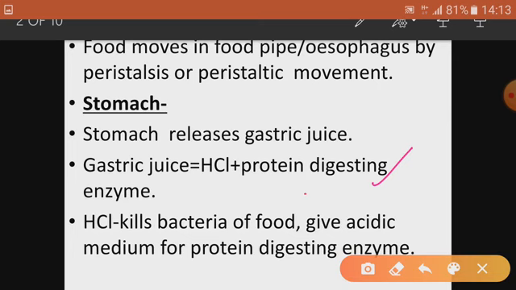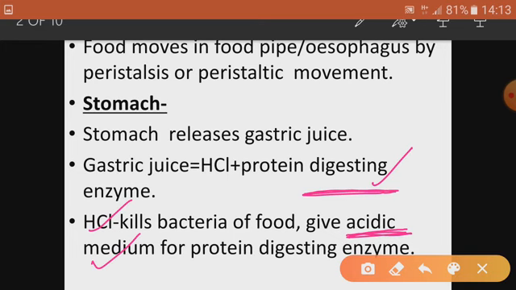Protein digesting enzymes can act only when they get an acidic medium, and this acidic environment will be given by the HCl. So HCl has two roles to perform. One, it kills the bacteria of the food, and second, it gives acidic environment or the medium for protein digesting